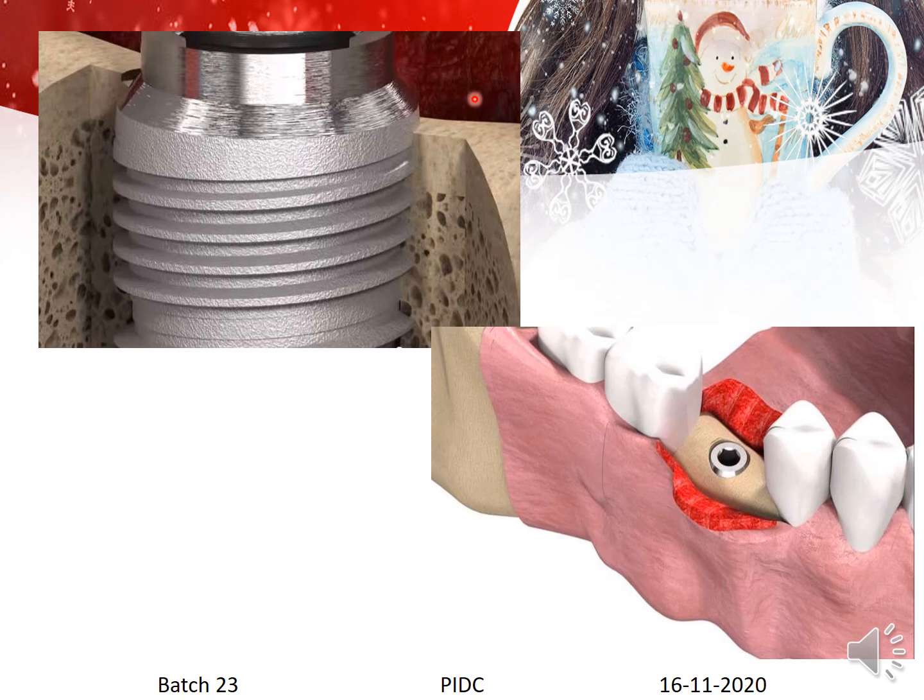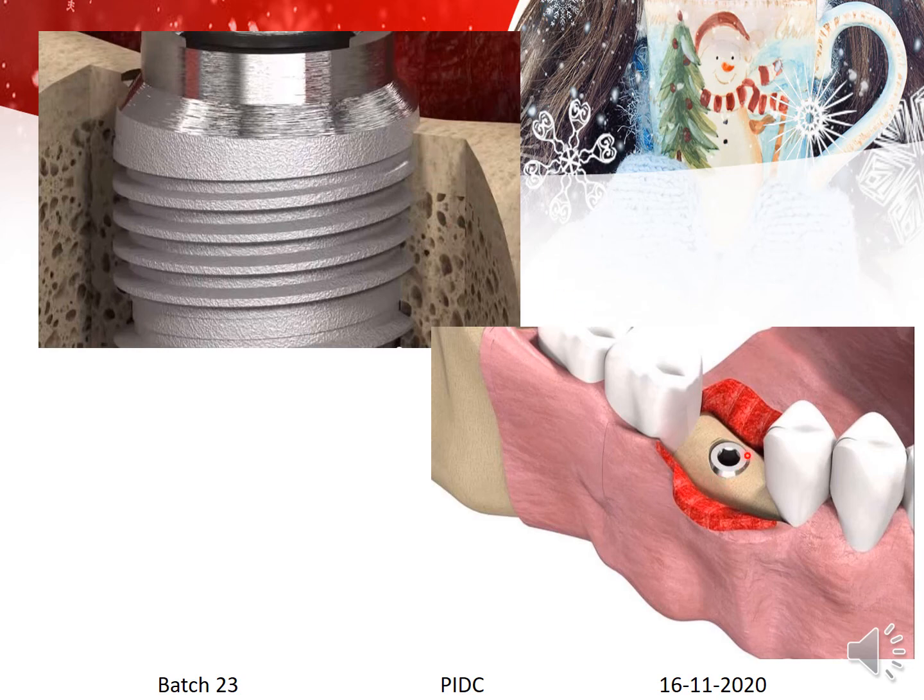So you can very well see that the interface between the implant and the bone is very well locked, and see to it that you don't submerge the implant very much below the level. Submerged implants always lead to failure. So try to place it either a little below the bone level, not much deeper, or not much higher, or exactly at the bone level.